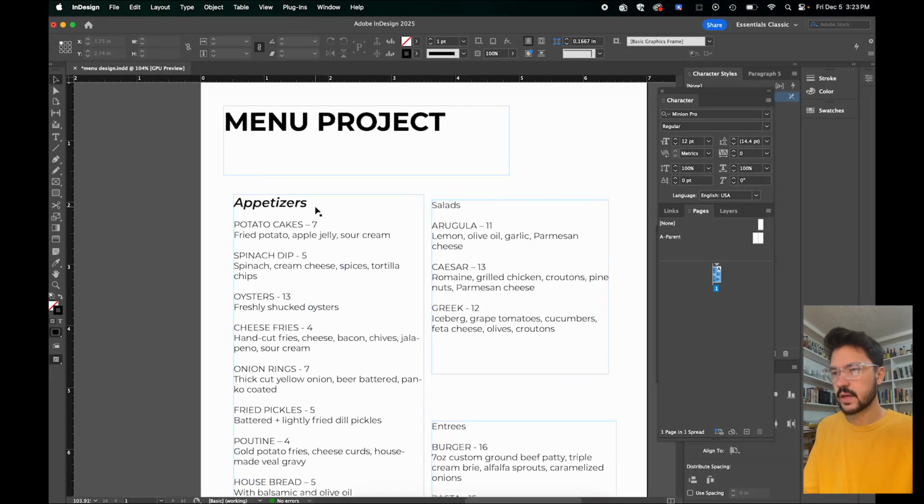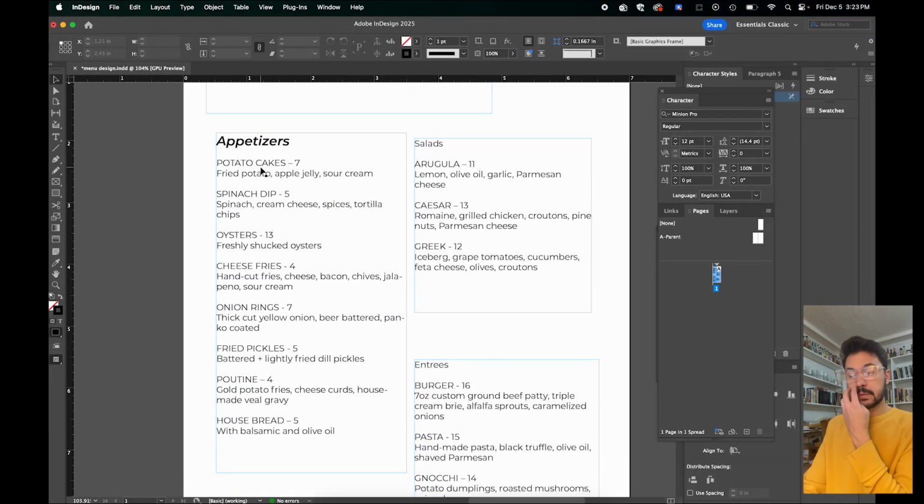It's not bad. Now you'll notice the text itself already, the names, potato cake, spinach dip, they're already all caps. That's another way to add hierarchy: the capital letters over lowercase letters. The capital letters get more attention. The lowercase letters, though,